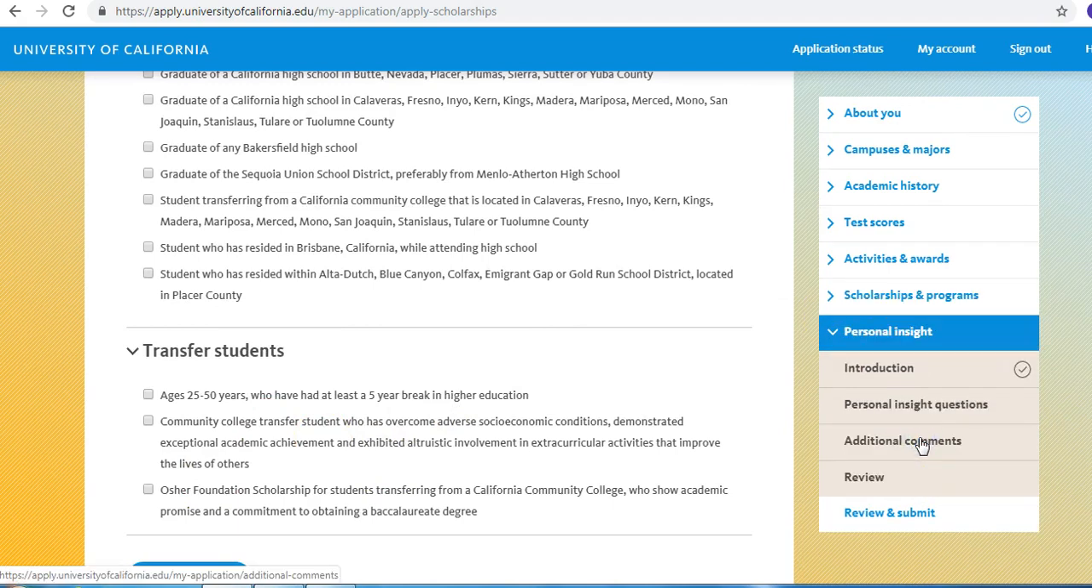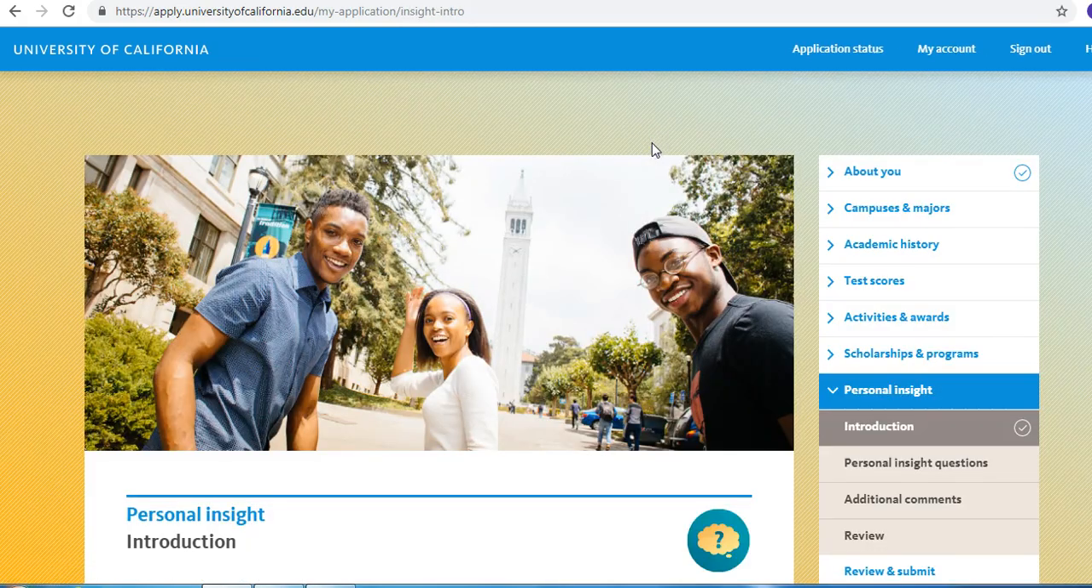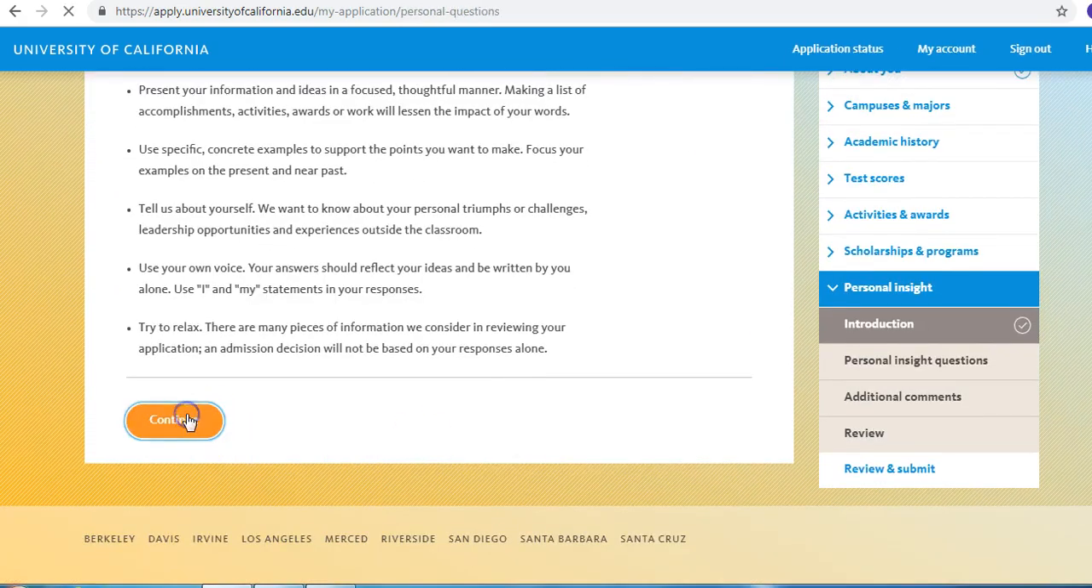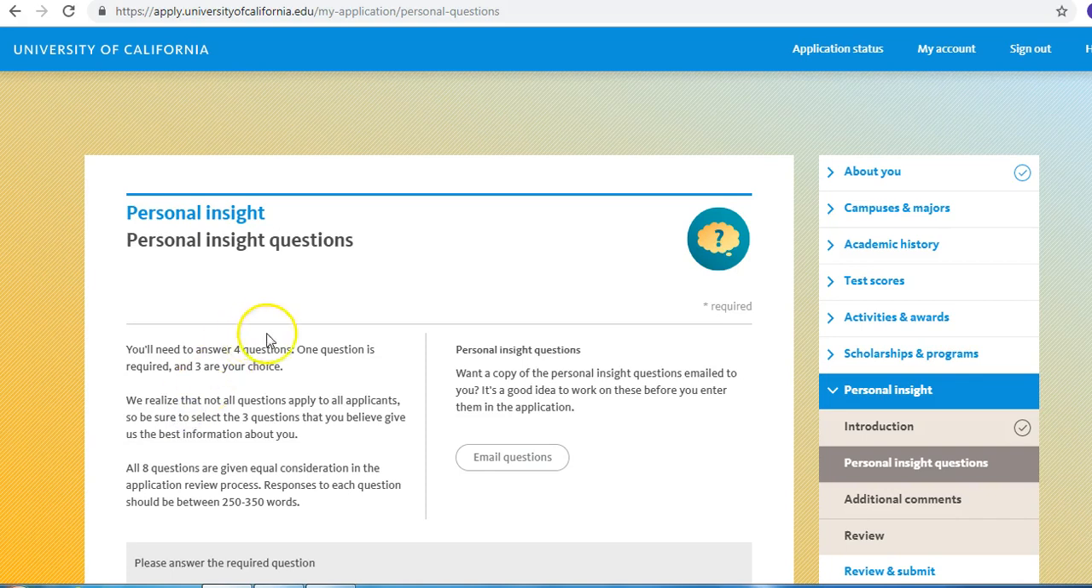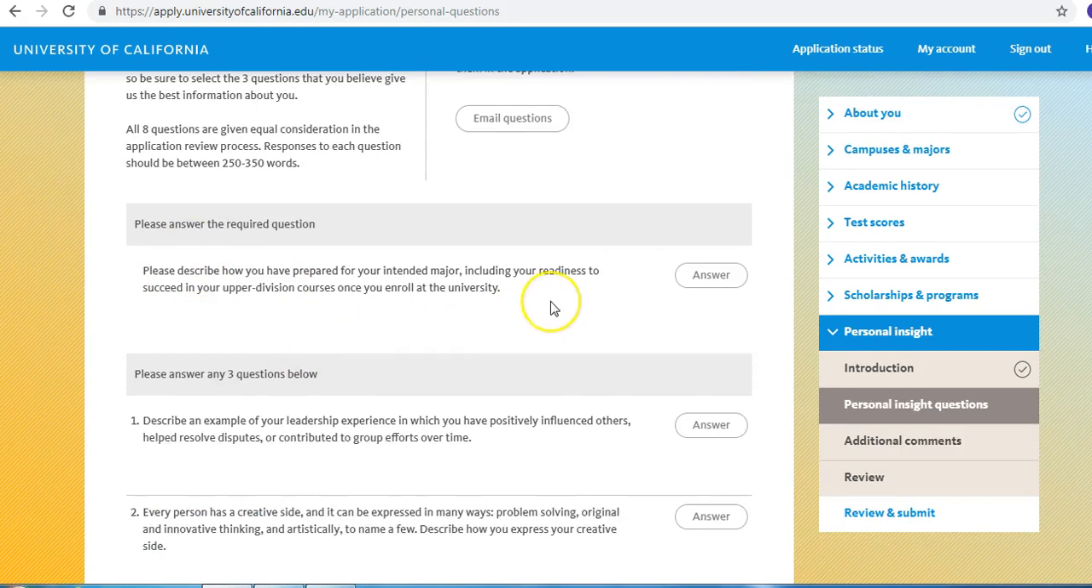Then we have the personal insight questions. So it gives an introduction of the PIQs, gives a few tips, and then it's showing you what the questions are. So there's that mandatory question. Please describe how you have prepared for your intended major, including your readiness to succeed in your upper division courses once you enroll at the university. This is not a very good